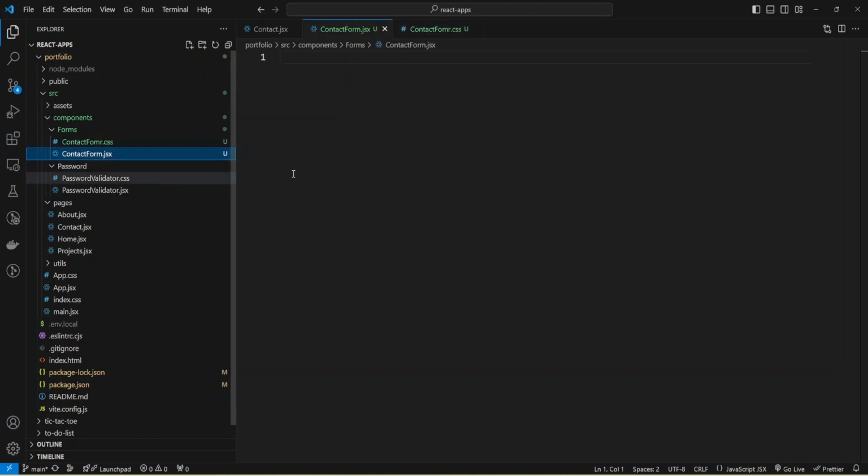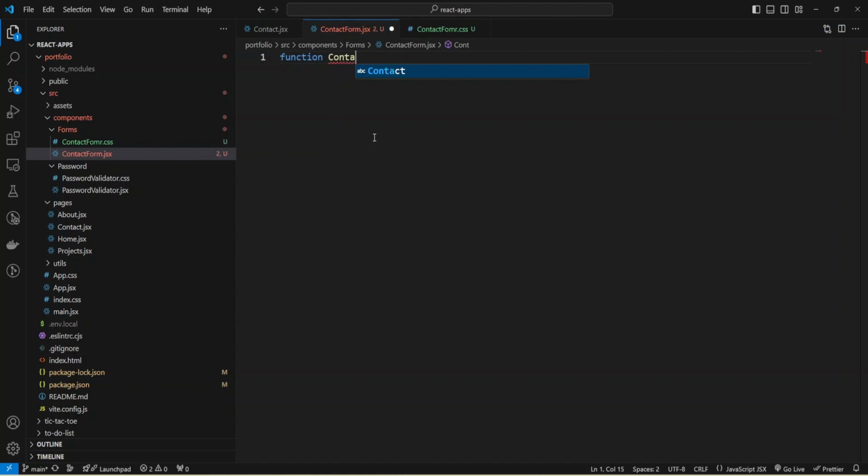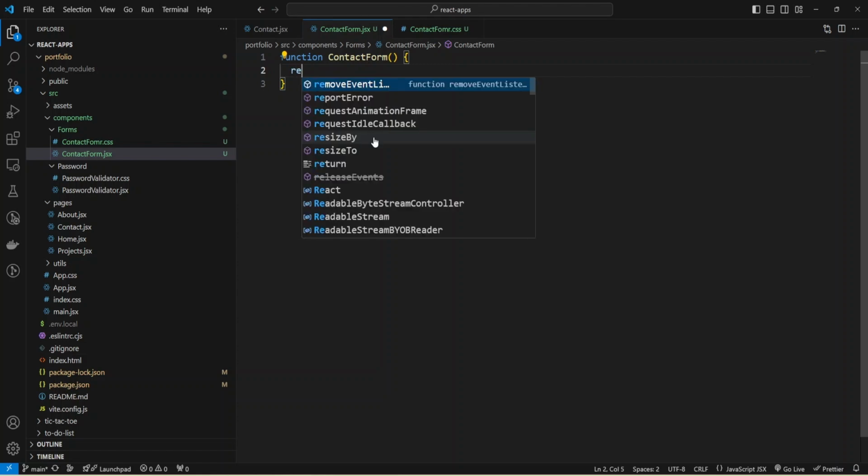Okay, and now inside ContactForm.jsx, I can create my functional component, and it will be function ContactForm. It's a function, and now I can return some JSX and build the form.